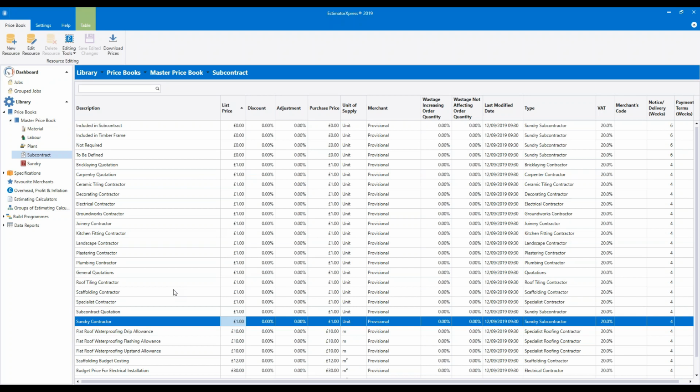Steve has asked, how does the program calculate the 20-ton tippers? It's based on volume, so it's based on cubic meters. So when you're estimating any work which requires excavation, it will be calculating the cubic meters of spoil, and then that will be used to calculate how many tippers are required to remove it from site.